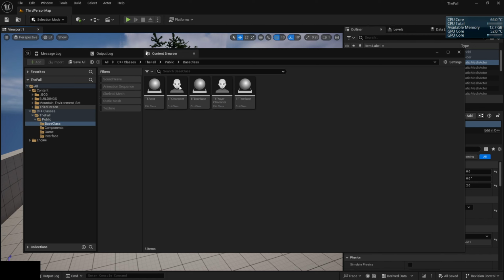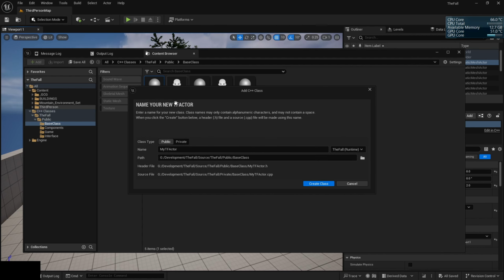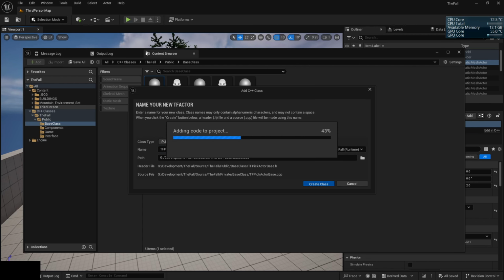We are going to want to click on our TF actor class, right click, and derive a class from that. The whole reason for this is our TF actor already implements the save game interface, so we want that. So we want TF pickup actor base. I'm going to create that. And then once this is done,